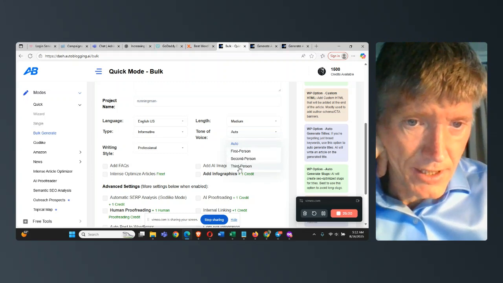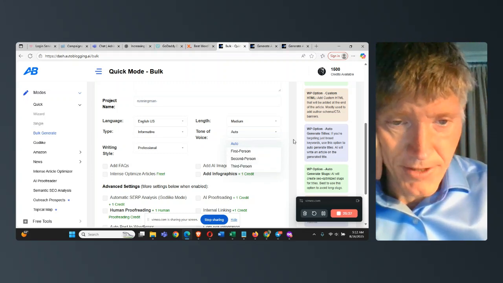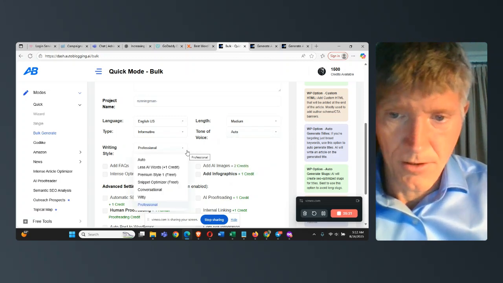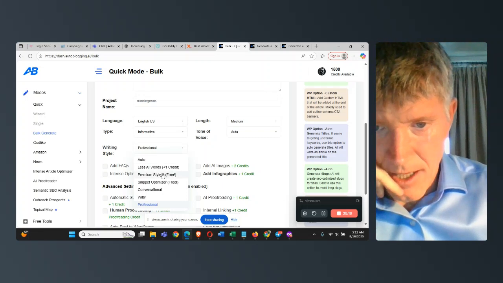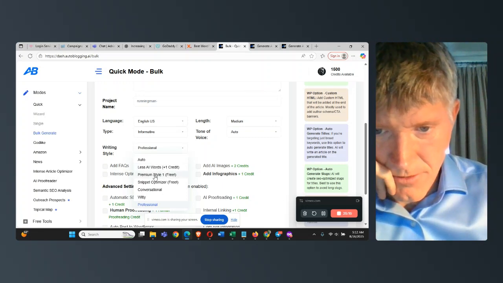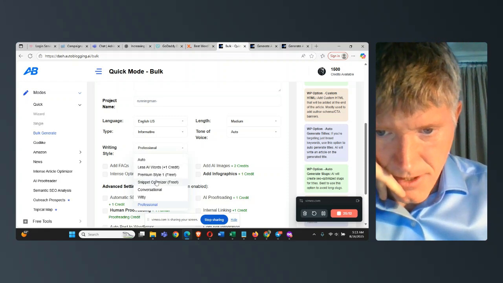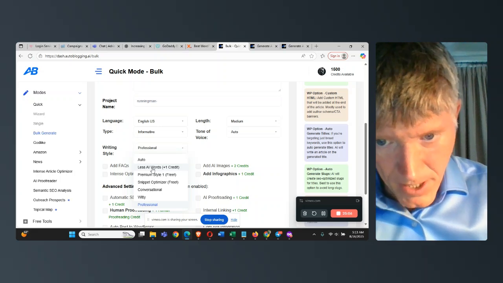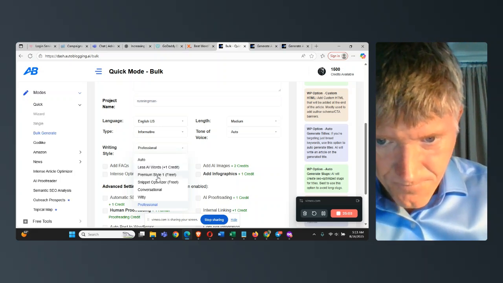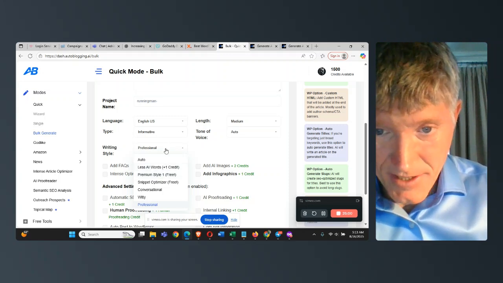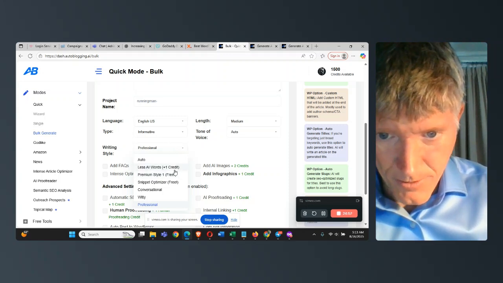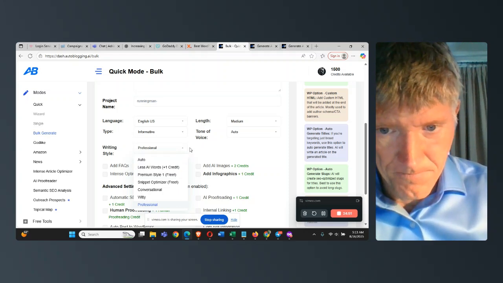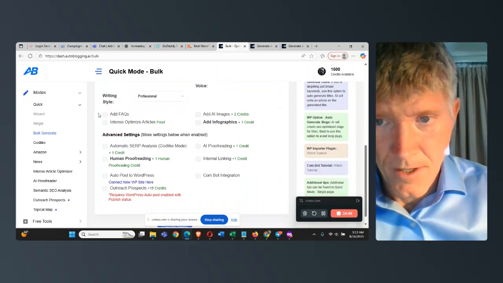You could do first, second, or third person. I usually just leave it on auto, and I think it usually does third person. Professional writing style, or the writing style. These two are new. Actually, all 3 of these are new. I've been wanting to try the less AI words, but I haven't. And premium style, I haven't. I just have been leaving it on professional. I would like to test with these. I've been using this tool for 2+ years now, and geez, I can't even keep up.